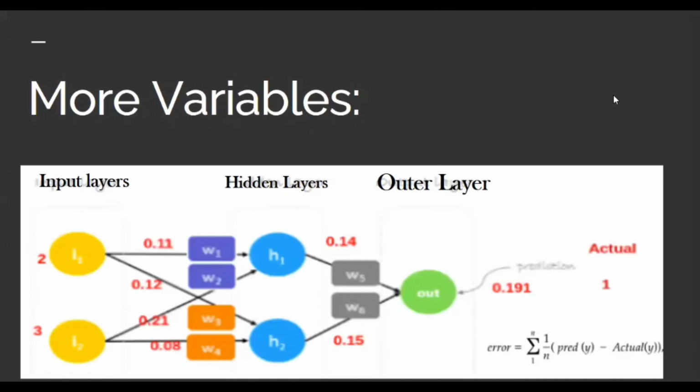So after finding the value of the error, we have to move back towards the hidden layer in order to update the weights of the hidden layer. For example, if we want to update the weight W6, we have to take a derivation function of the error equation with respect to W6. Similarly, if we want to update the value of weight W5, we have to take a derivation function of the error with respect to W5.